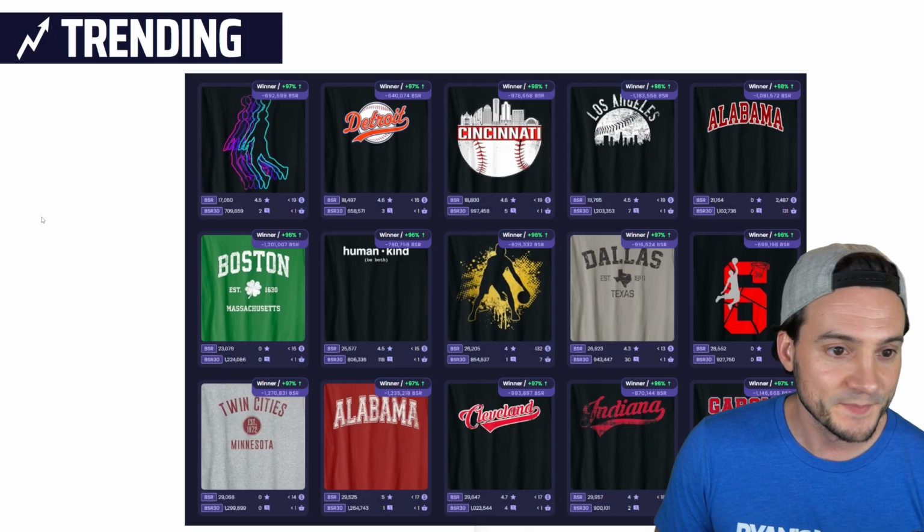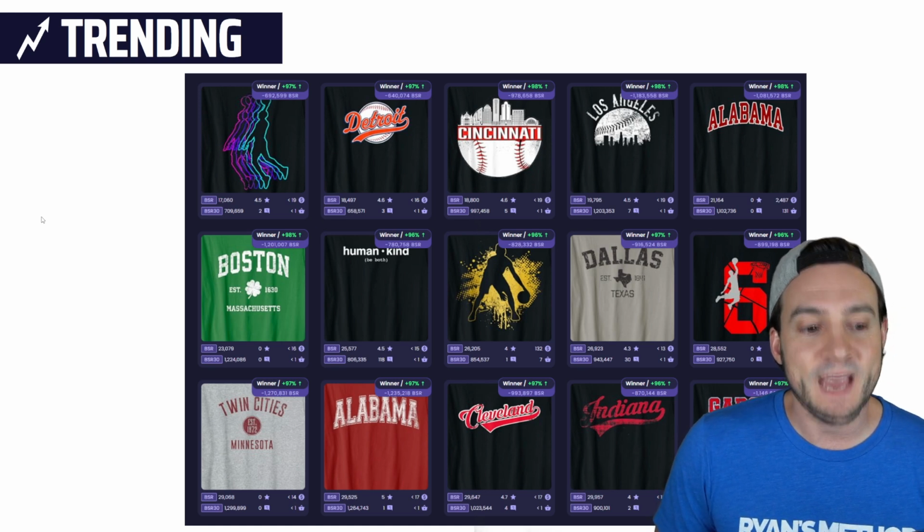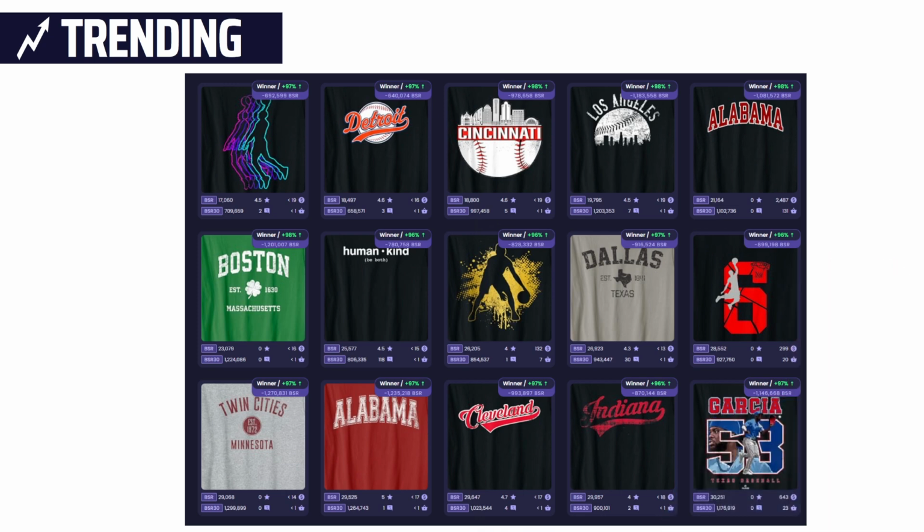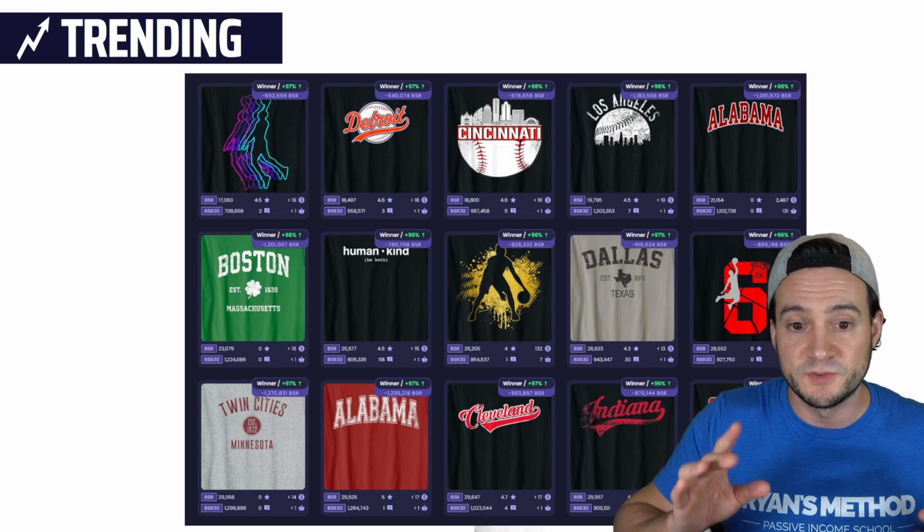Emerging trends. Here we go. So these are shirts that are significantly outperforming their average 30-day BSR. There's actually a ton of different sports-themed shirts here. I don't know why there are so many sports-themed shirts, but I personally do not prefer to sell shirts like this on Amazon Merch